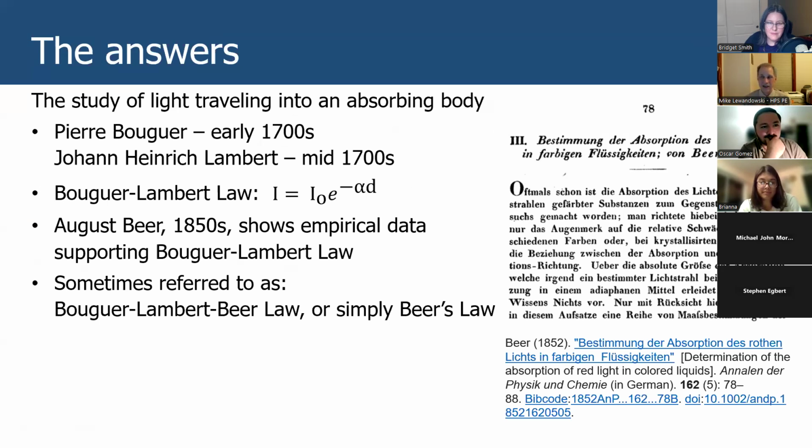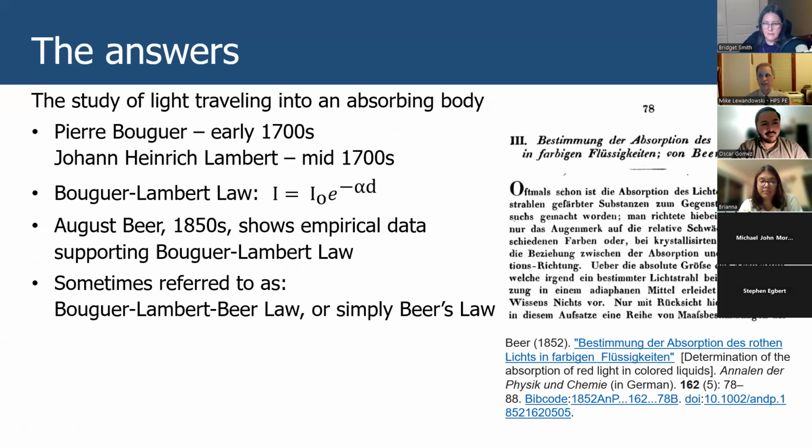And a couple of early experimenters: Pierre Bourget, in the early 1700s, was investigating the absorption properties of light using colored liquids. And Johann Heinrich Lambert followed up on that in the mid 1700s. So it turns out in the mid 1700s, the middle of the 18th century, 150 years before Röntgen, the Bourget-Lambert